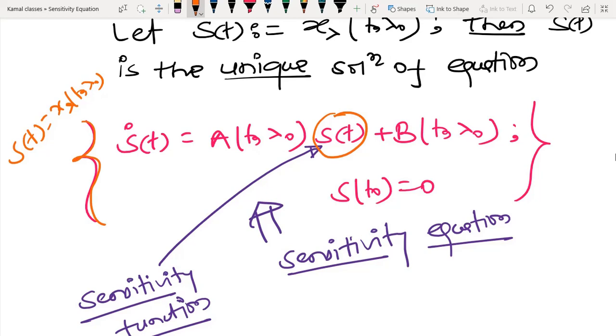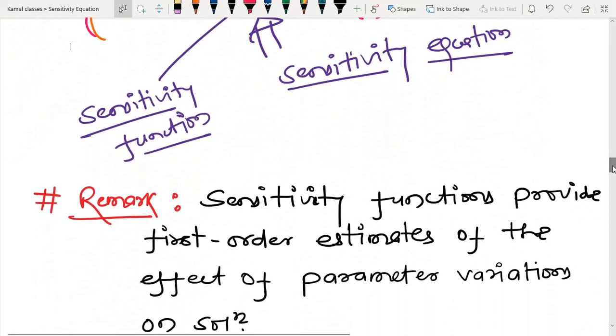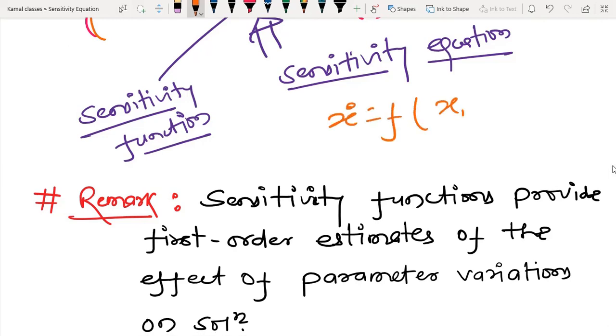So this analysis also tells us which parameter is very, very important whenever you analyze this system or design some kind of control system. This kind of analysis is also valid. Suppose you have a system x dot equal to f(t, x, u). You design some kind of control action that is a function of time as well as state.